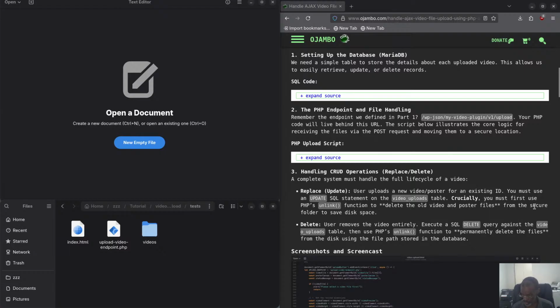from the secure folder to save disk space. Now you won't believe this, but I've seen so many applications which cost millions of dollars to create, and what happens is that it's very easy to upload, but they never delete stuff. Some in the database there'll be stuff left over, and worse is the files, and they take up a lot